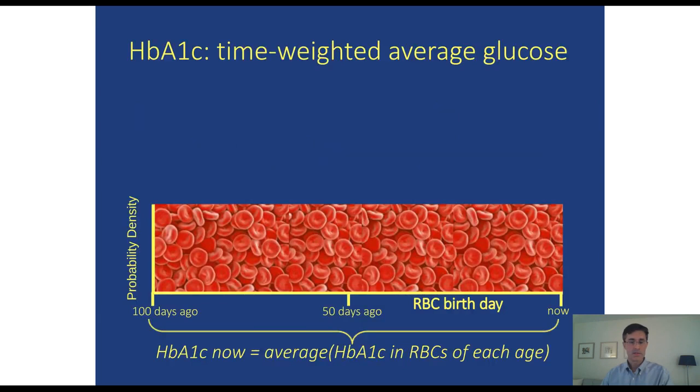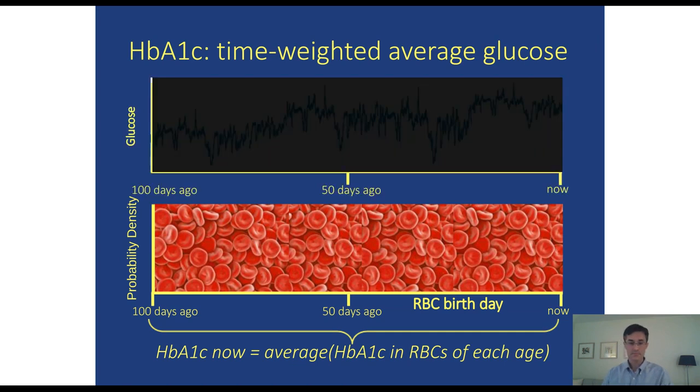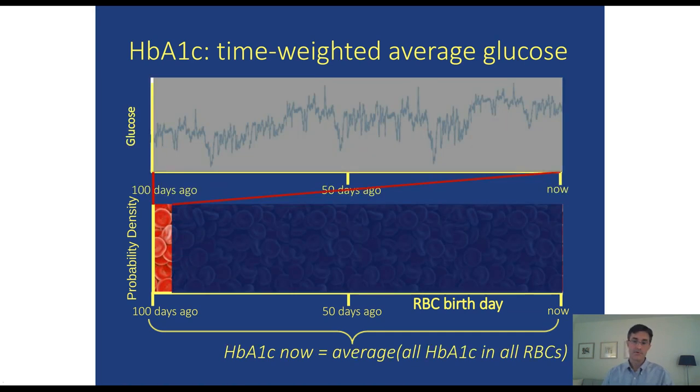One of the reasons it's tricky is because the influence that glucose has is not straightforward on red cells of different ages. If we consider the full distribution of red cells in the circulation for a nominal patient with a red cell age of 100 days, we can think about which glucose concentrations are going to affect which red cells. So if we focus initially on the red cells that are the oldest red cells in the circulation, those that